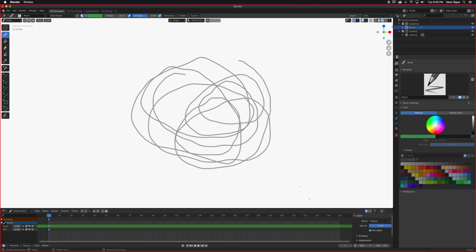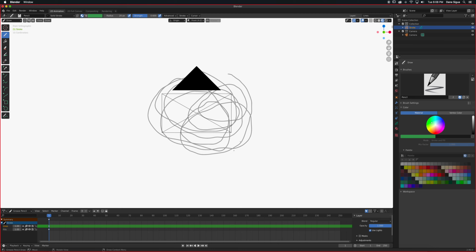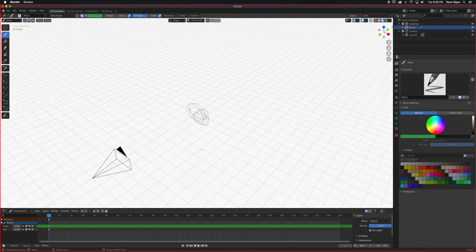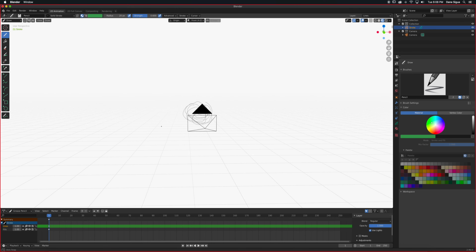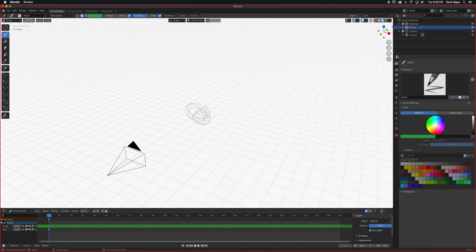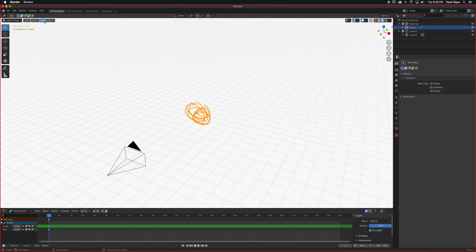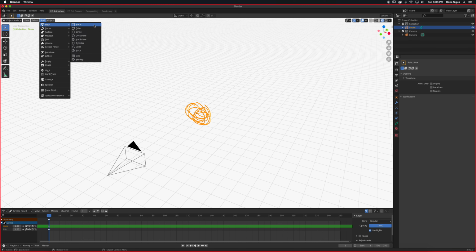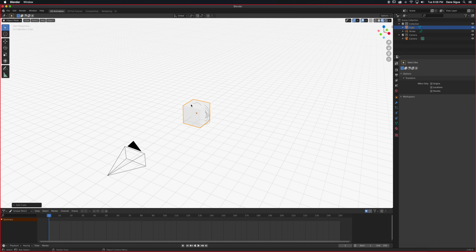So I'm going to press 0 on the numpad right now to get out of the camera mode. As you can see, if I middle click drag my mouse, there is that drawing, and this camera is pointing at it, kind of like this. So, okay. If we're able to create objects, I'm going to go here, go to object mode. I'm going to add an object, let's say cube. Okay, I'm going to move the cube back and a little bit over there, and then let's say we get monkey.